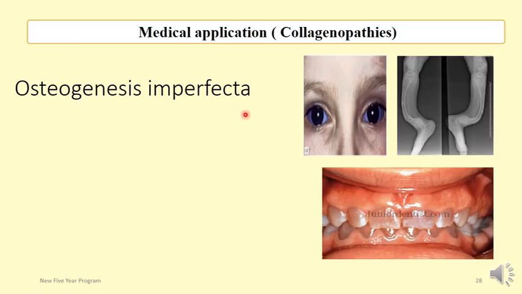A group of diseases affecting collagen synthesis and formation is known as collagenopathies. So collagenopathies are abnormalities in the formation of collagen fibers. An example of these collagenopathies is osteogenesis imperfecta. In osteogenesis imperfecta, the person suffers from brittle bones, loose sclera, and loosening of teeth. And for more details, you can look at